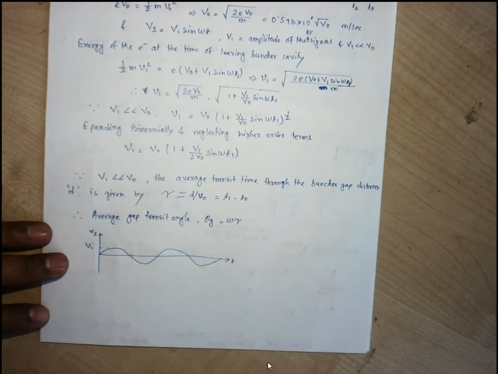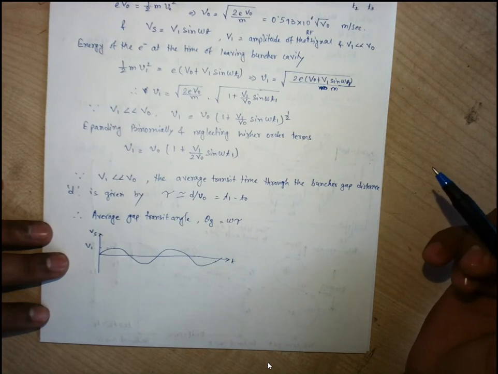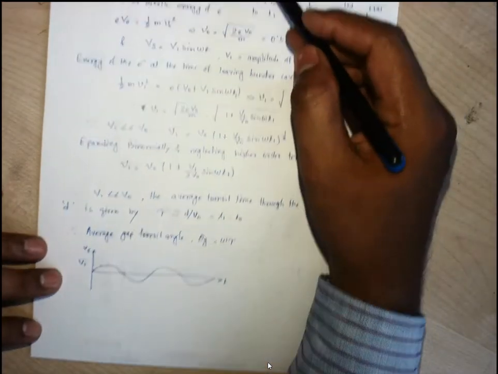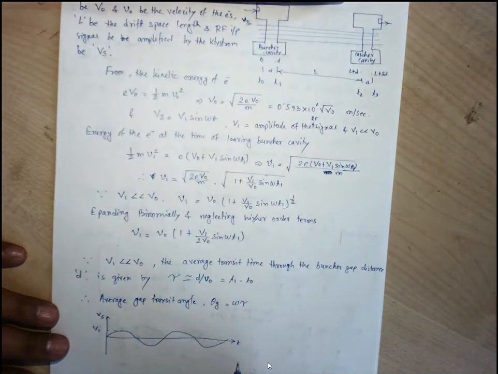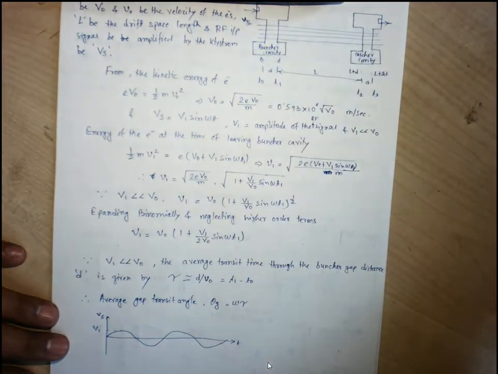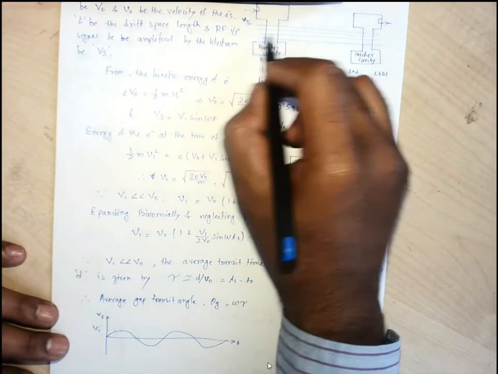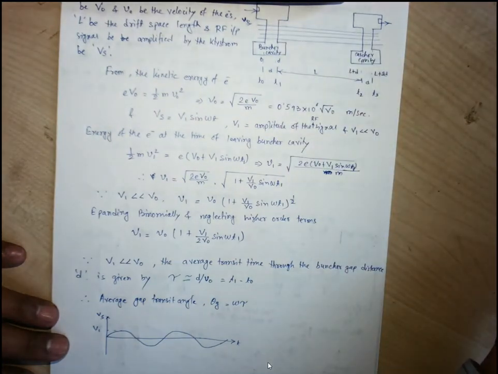Now let us consider that the average time required for the three kinds of electrons to pass or come out of this gap A is tau. Obviously, within that time the RF input is continuously appearing at that gap. Just try to understand: the electron beam is continuously passing through this gap, and the RF input is also continuously given to that gap to have the interaction between them.